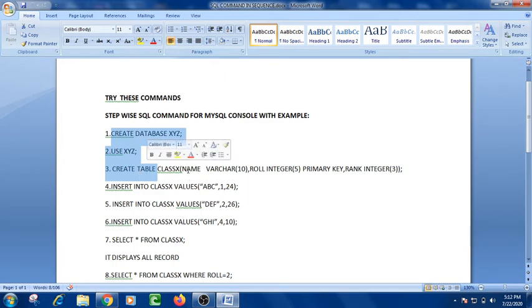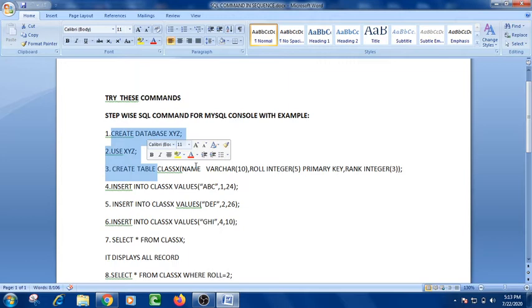And for creating the table, we also have to design the table at this step only, just like we do in MS Access. In MS Access, all of you have seen that we design the table when we create it.